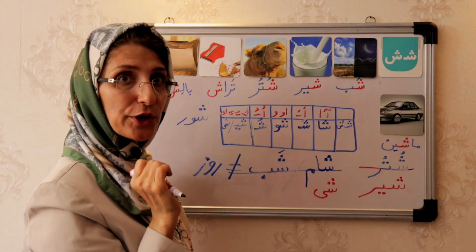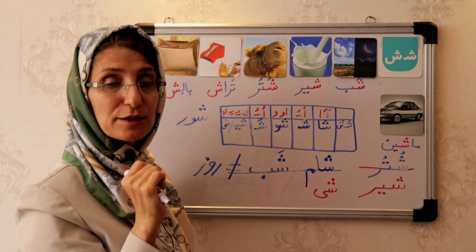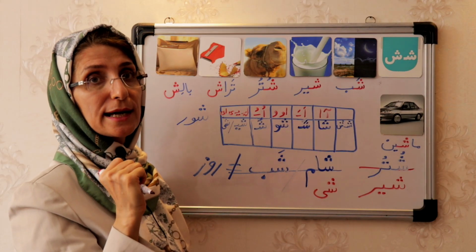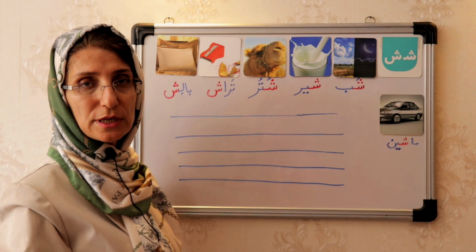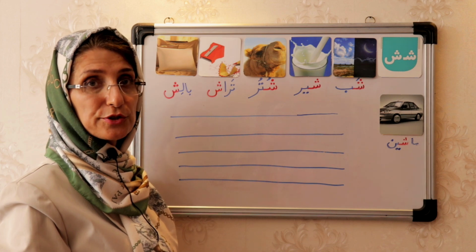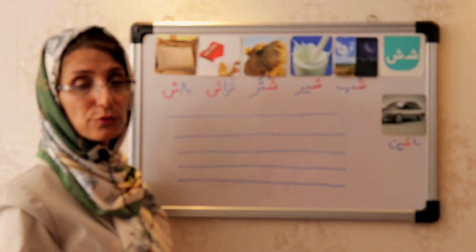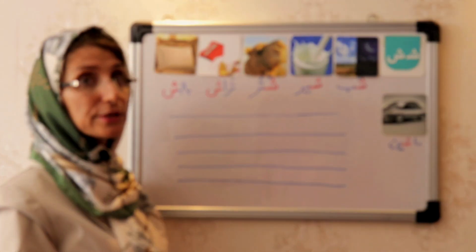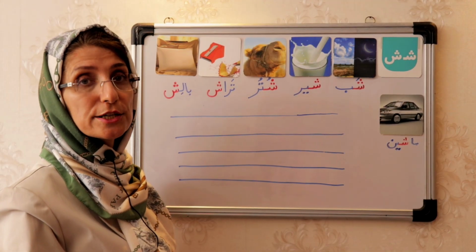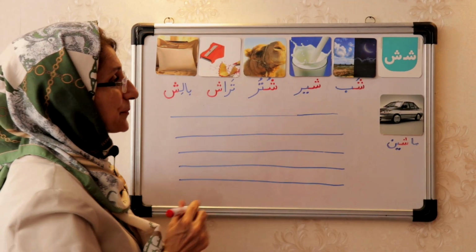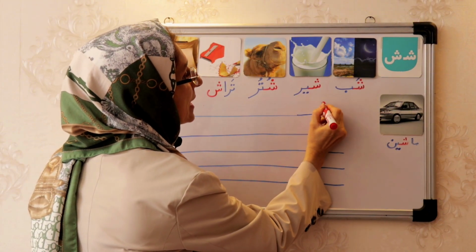Now let's go to homework to see what word we can write. You have learned a lot of alphabets up to now. Return back and watch the previous videos. Welcome back to the homework. By the way, I wanted to remind you that Persian language is a language that you should write. Write your homework carefully, read aloud when you are writing, and very important, write everything in a lined notebook. Okay? Now, ش غیر آخر